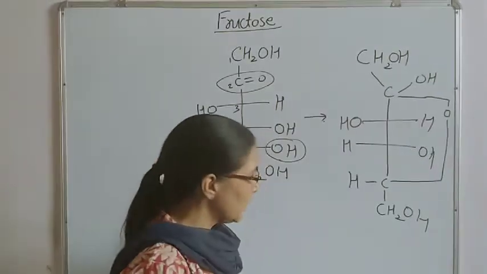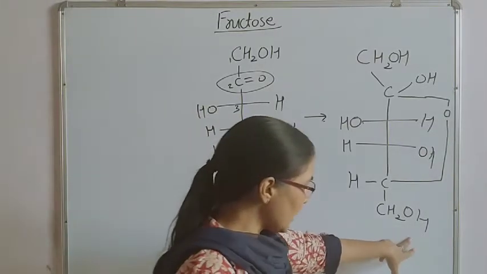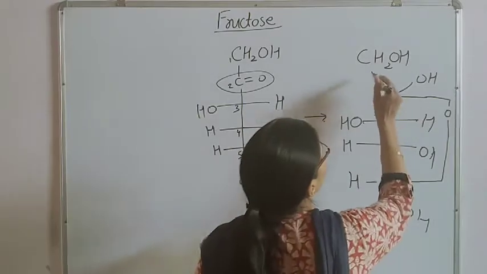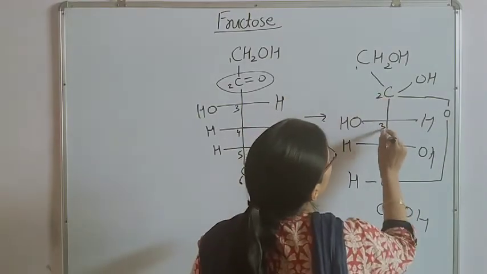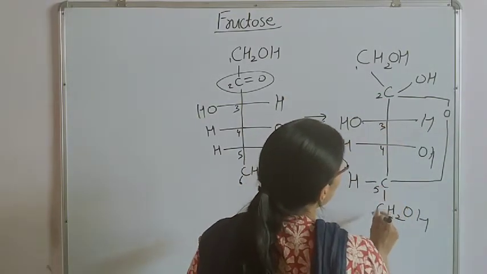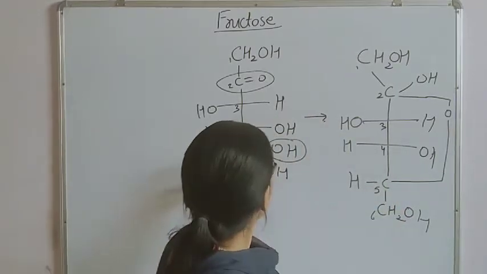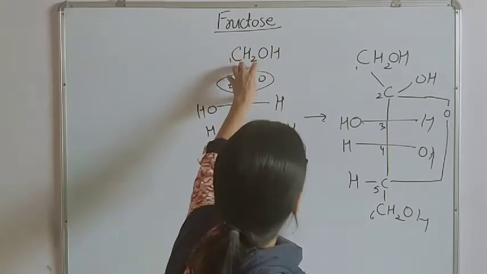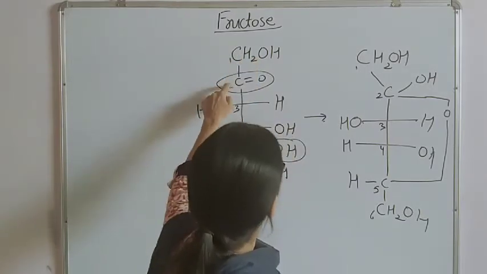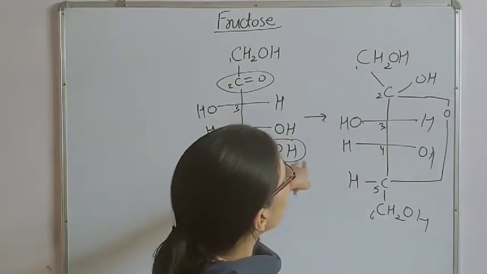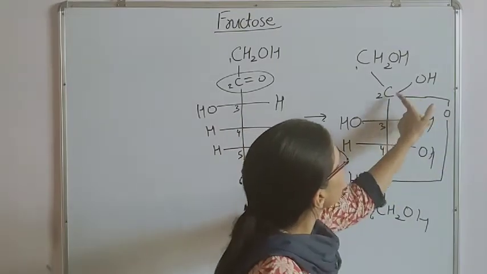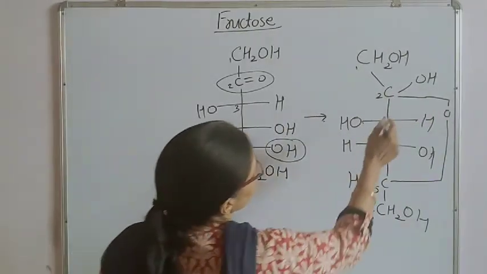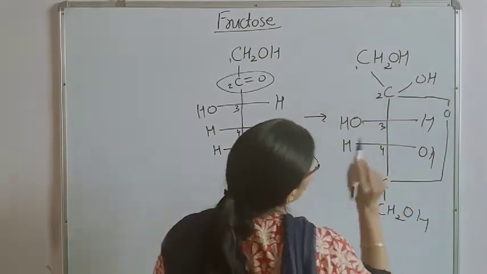This will be the structure, CH2OH downward as it is, and at this number 5 carbon atom, 1, 2, 3, 4, 5, 6, the hydrogen is remaining as it is. This OH and this O are combining, meaning 2 and 5. This will combine and there will be formation of a C-O-C glycosidic link. You can say that C-O-C linkage.